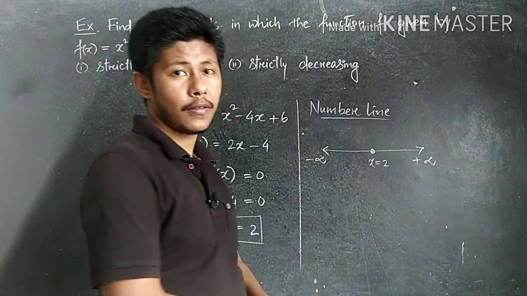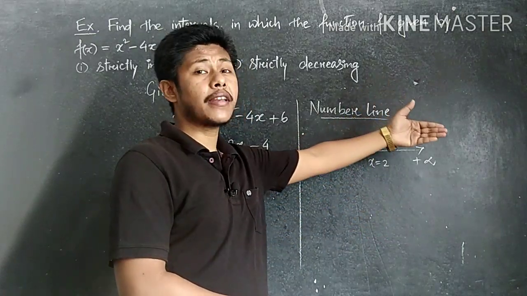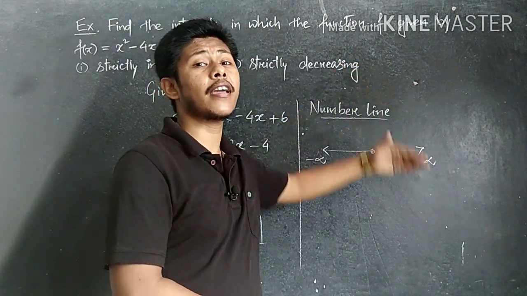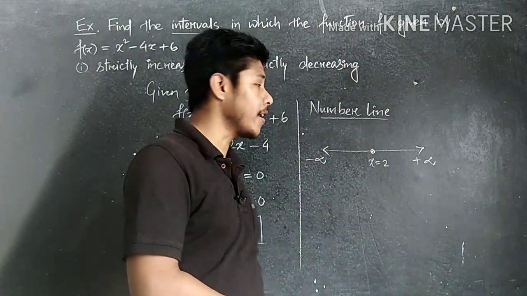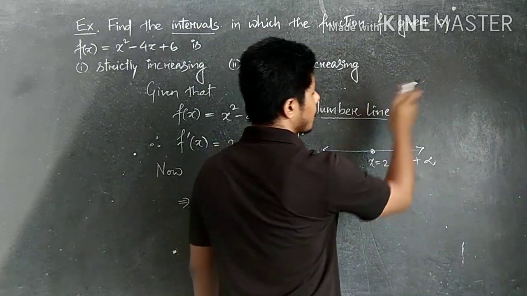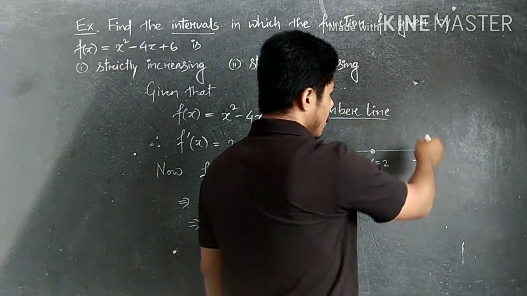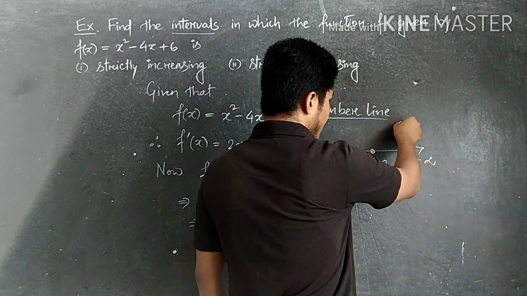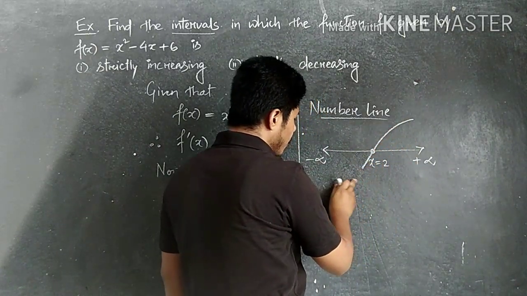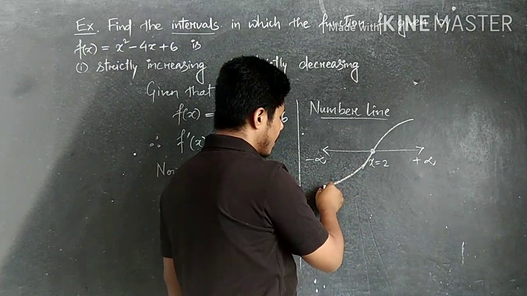After plotting the points, the critical points whatever we get, from the right hand side, above the number line, we start a graph. We start a line, and the line we start from here. From which side? Above the number line, and from the right hand side of the critical point. If one more critical point we get there, then from this side we have to start. So if we start a line here, this line obviously crosses this point 2 like in this way. If any more points are there, then again you have to move like in this way, but there is no other point, so that's why we keep the line in this way.